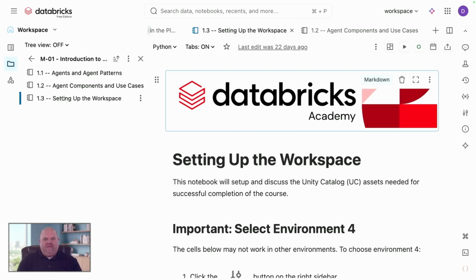All right, let's have some fun and let's actually start talking about how we can build agents with Databricks. I've navigated to 1.3, setting up the workspace. And what we're going to do in this lesson is get our data ready to go. We're going to create a vector search endpoint. We're also going to ensure that we have some data that is ready that we can use with our agentic